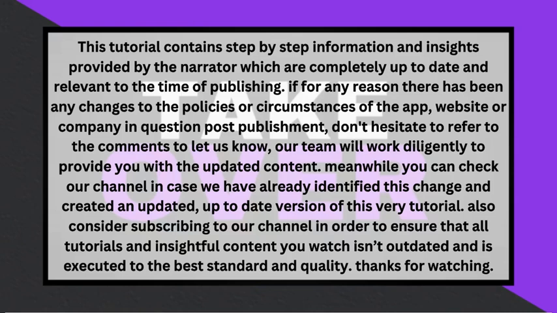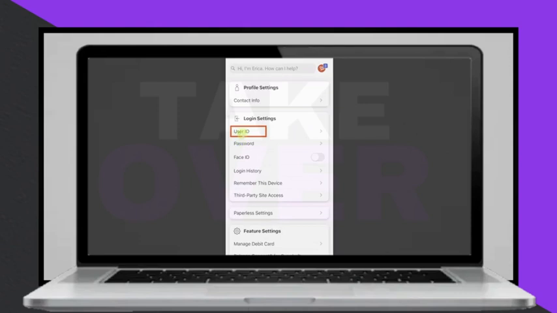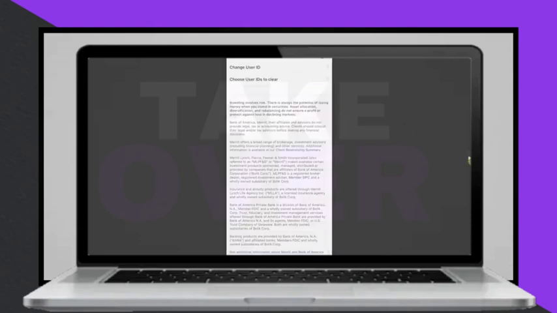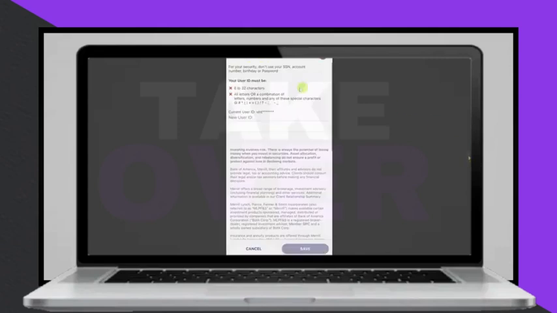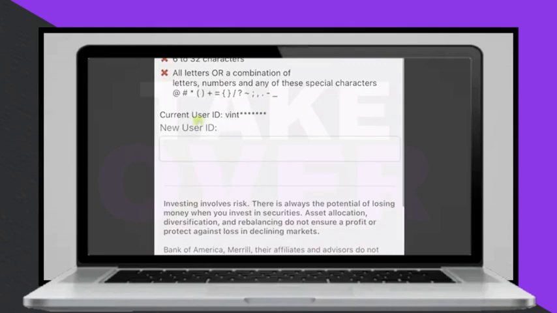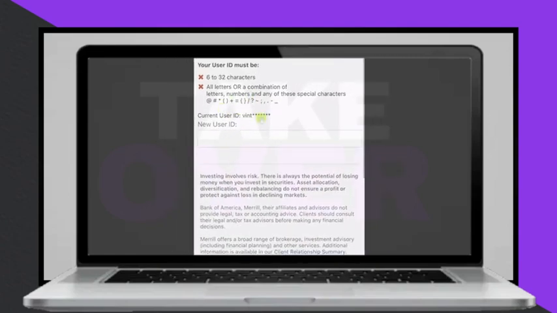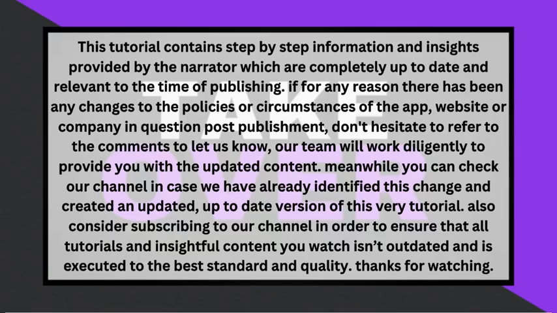Then, tap on the User ID option within the Login Settings section, and click on the Change User ID option. On this screen, you will be able to find your current user ID, although it may only display the last 4 characters. If the full ID is not displayed, you can find it by visiting the Bank of America website,